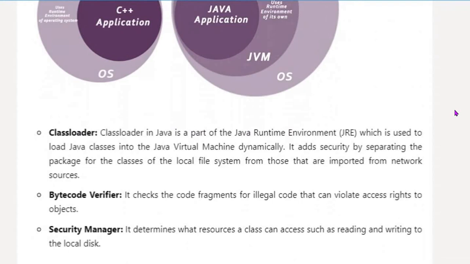We'll see that. When you compile one Java program, the file format is filename dot java, right? After you compile, it will create filename dot class. Inside that filename dot class is the bytecode. If you open that, you will see some junk characters. That junk is the bytecode, and when you try to run, it is verified by the runtime environment before it